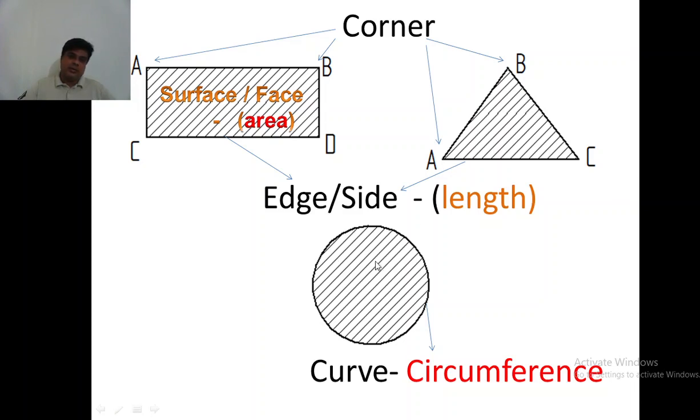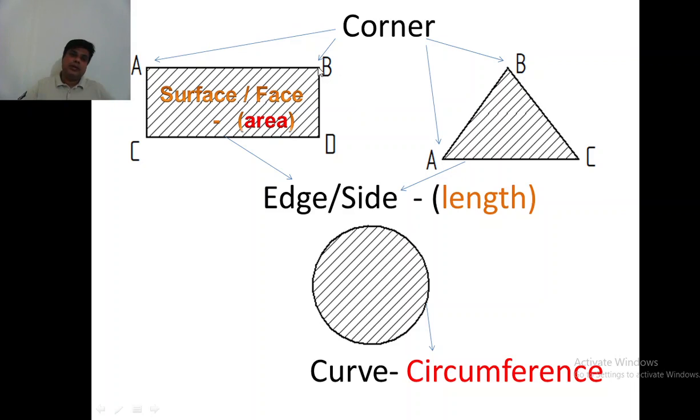This is also called the surface or face of a plane, and that is given by area, millimeter square or meter square. So this is the area of the plane. This is the area of this triangle. This is the area of the curve. The edge is given by length, 30 mm, 20 mm, like that, whereas the inside material of the plane is called a surface or face of a plane, and that is given by area. So this is the area of the rectangle, area of a triangle, area of a circle, you know that.